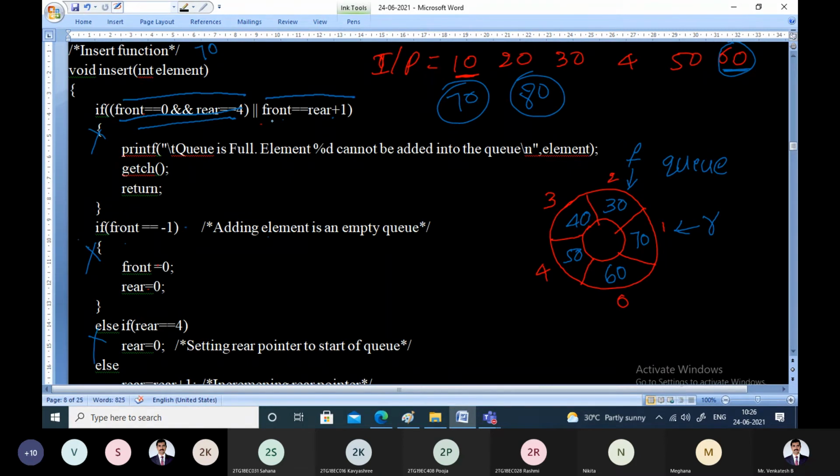Check this condition. Is front equal to rear plus 1? Yes, it is true. Front is pointing to index 2. Rear is pointing to index 1. 1 plus 1 is 2. Front is 2. Is it equal to 1 plus 1? Yes, it is true. In that case, Q is full. So there are always possibilities that we can check for overflow and underflow conditions of the circular queue.